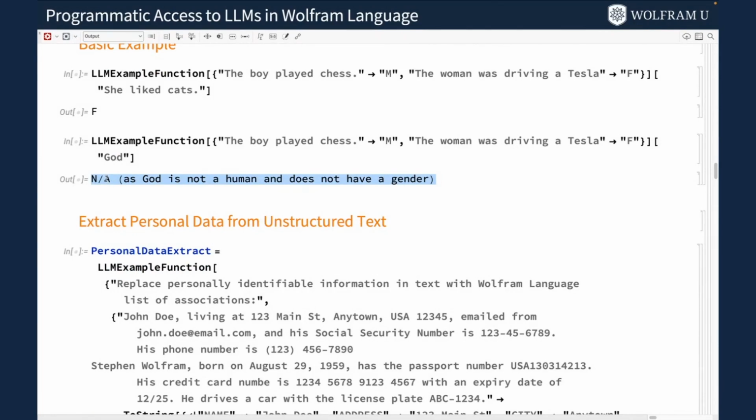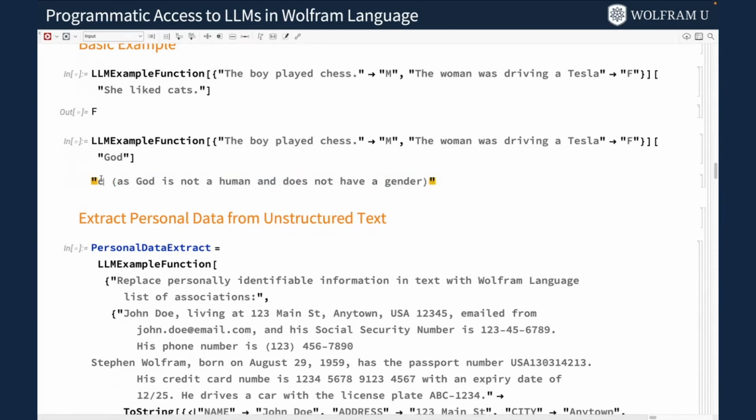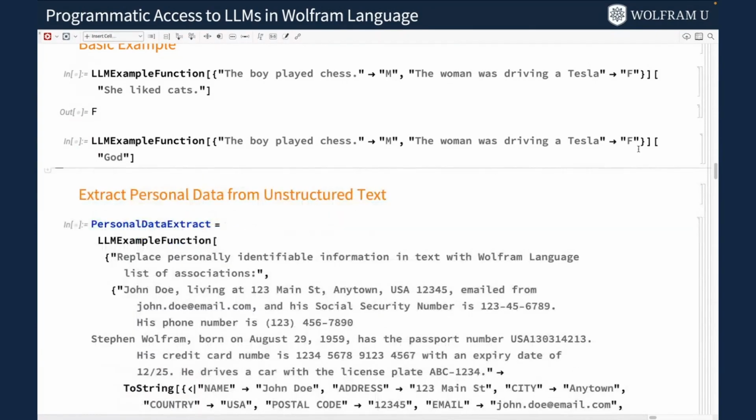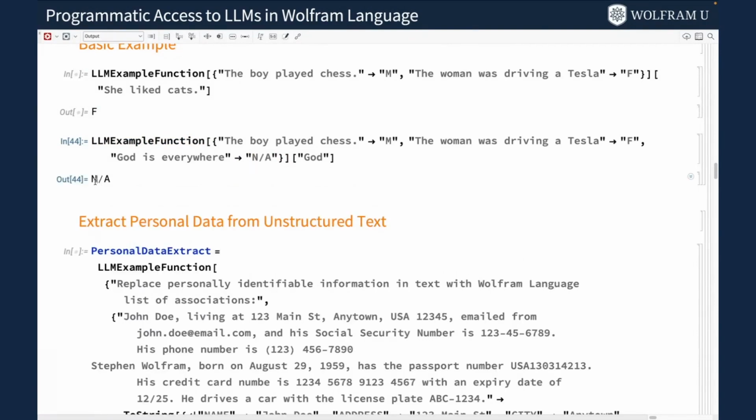But in this case, for example, I could do a third example, and also have a new example with a case for that outlier,